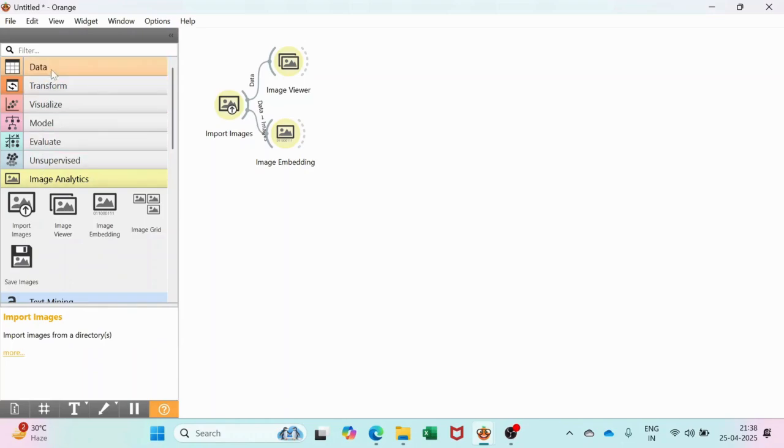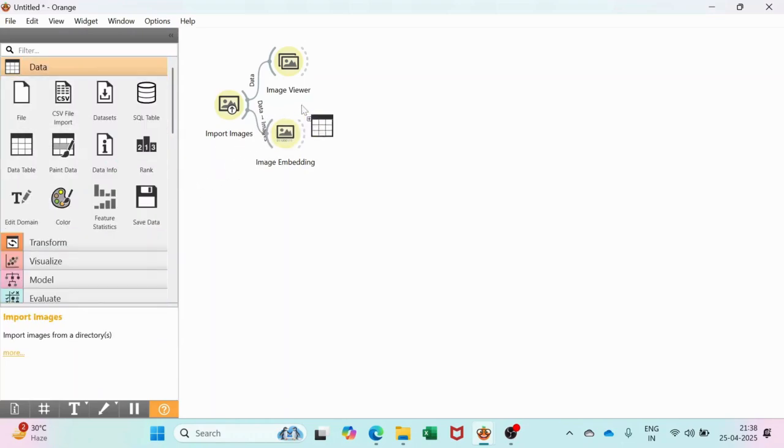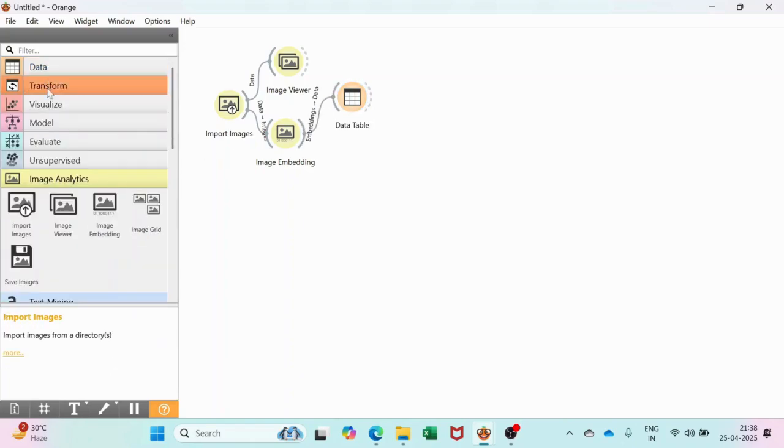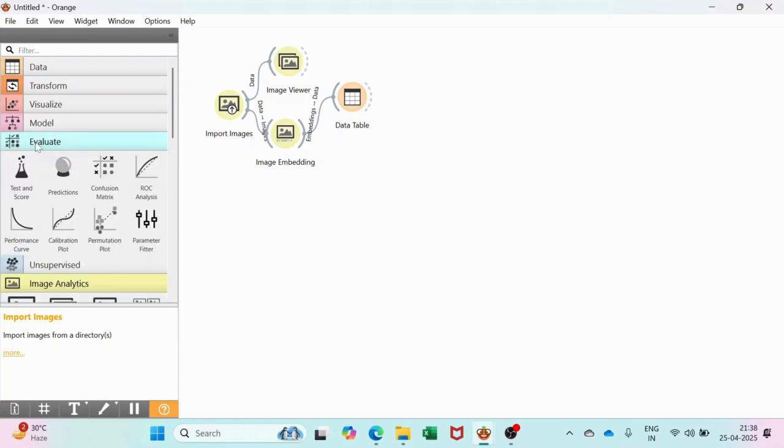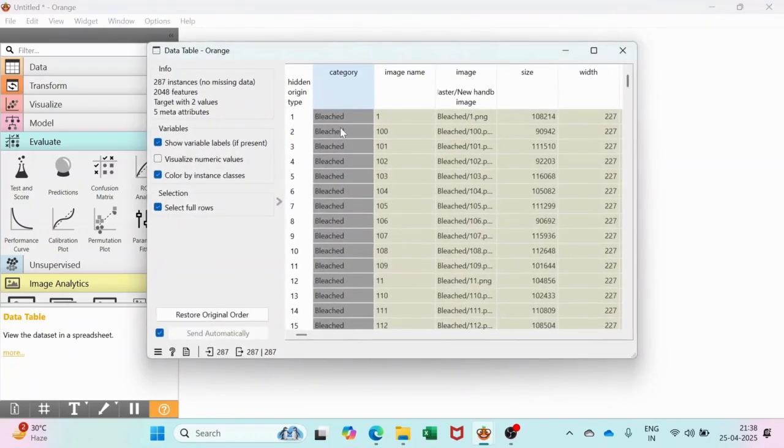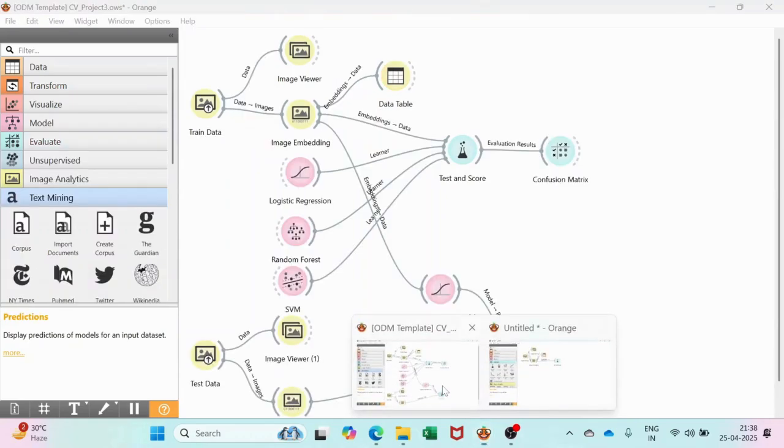So here, let's go to the data table over here and the test score. So test is coming into the evaluation model. So test score. So inside the data table, you will see all the data coming like this. And then what we will do